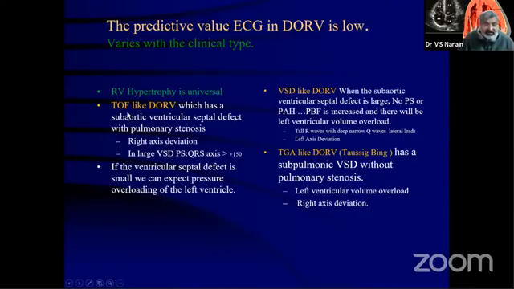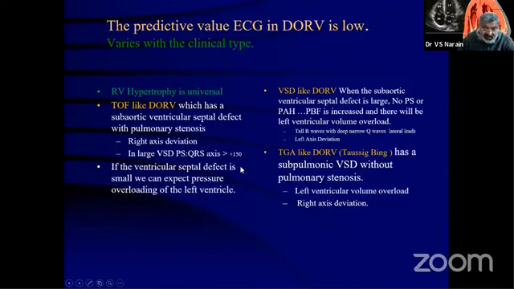So how do you differentiate the three? If you have tetralogy type, axis would be rightwards. If you have a VSD type, the axis would be left, but increased pulmonary blood flow will mean tall R waves here. On the other hand, if you have a TGA type of double outlet, the Taussig Bing variety, you will have left ventricular volume load, but the axis would be rightward, because TGA always has a right axis.